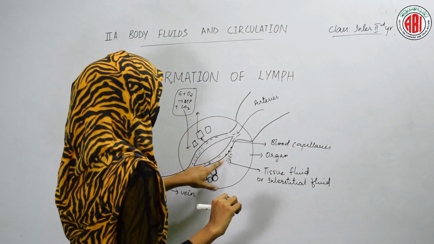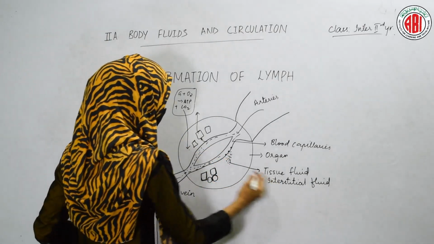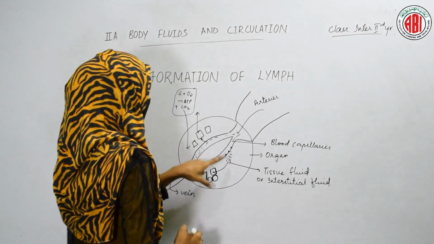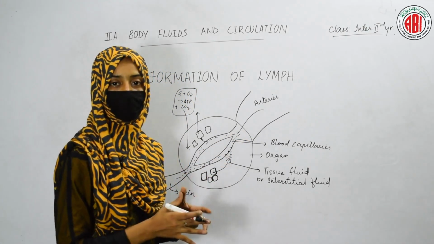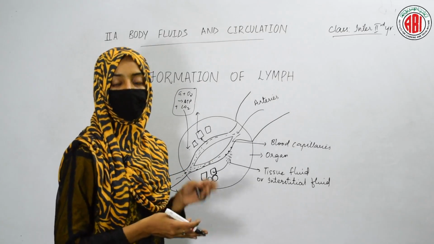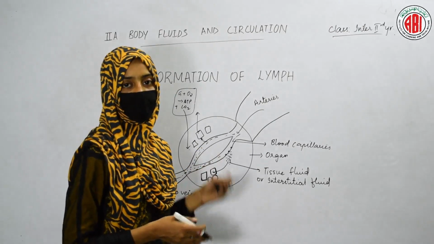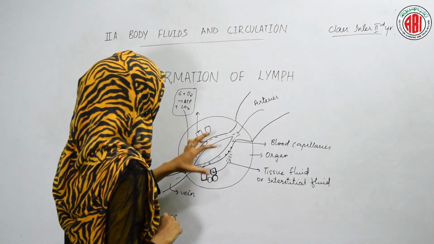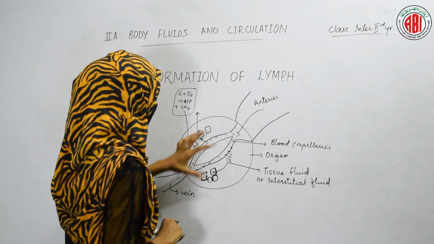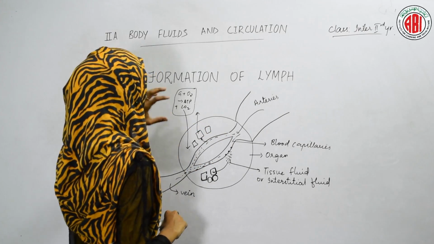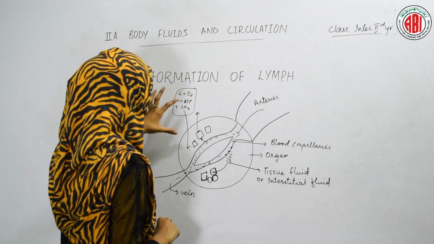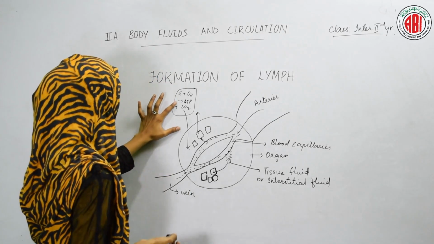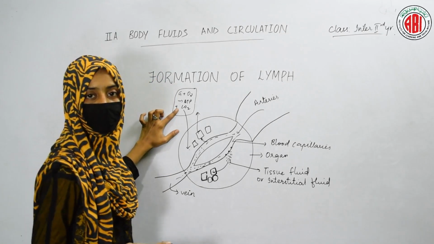So, the tissue fluid which comes out of our blood capillary is taken up by the cells. This tissue fluid contains oxygen, glucose, certain nutrients, water and some ions. All these materials are required by the cell. The cell takes up this tissue fluid and forms ATP, and once the ATP formation has been done, carbon dioxide is released as a waste gas.